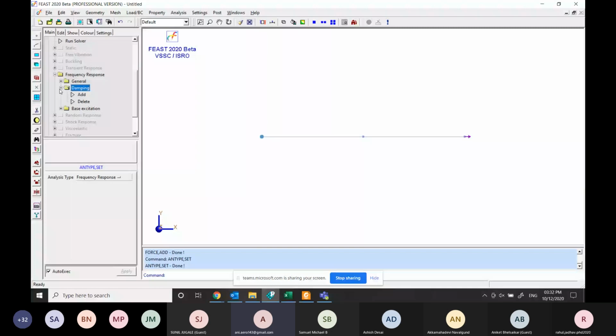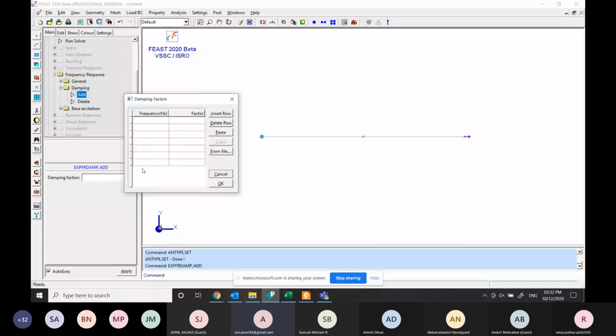Now here, in order to apply the damping, you can click on this dialog box. In some scenarios, we have to apply varying damping values, so a chart, or we'll call it a table, is given where you can define the value of the damping.